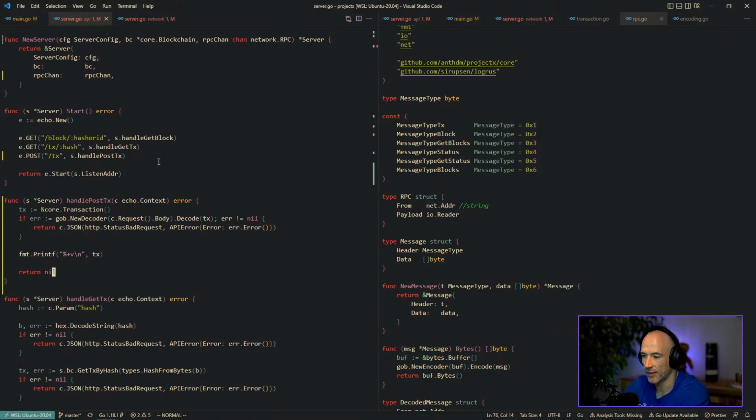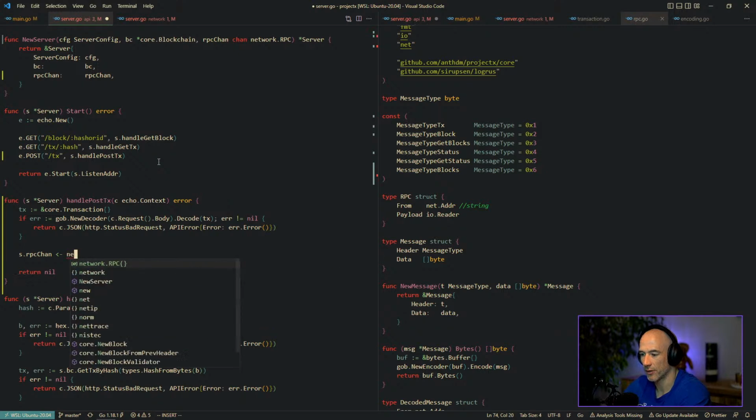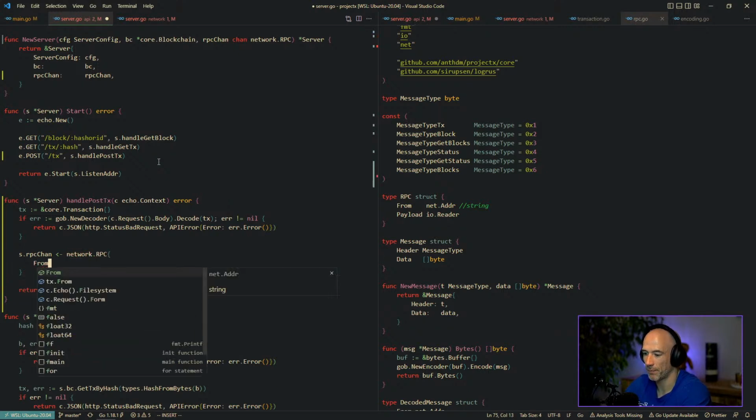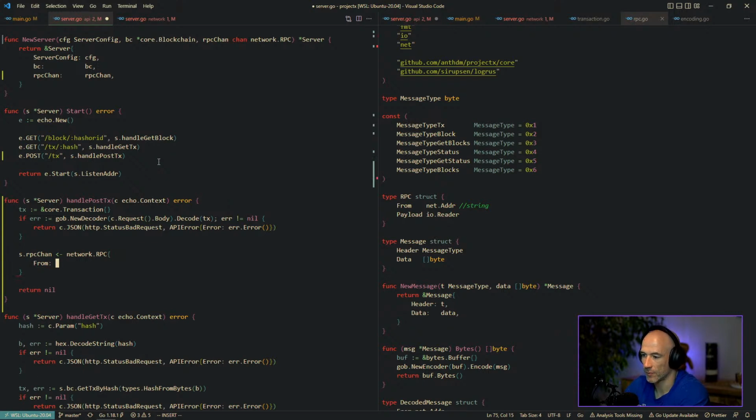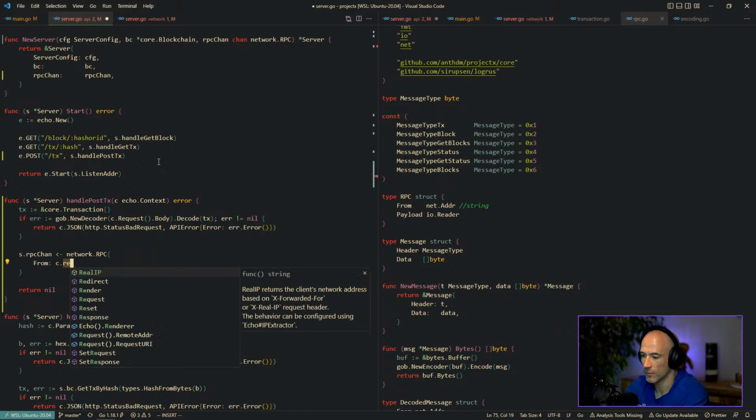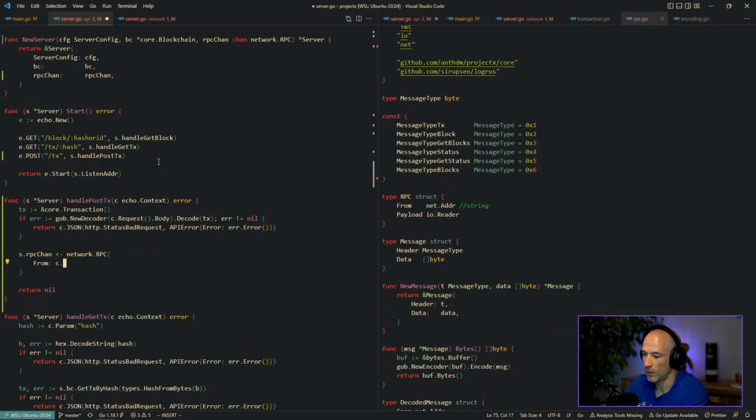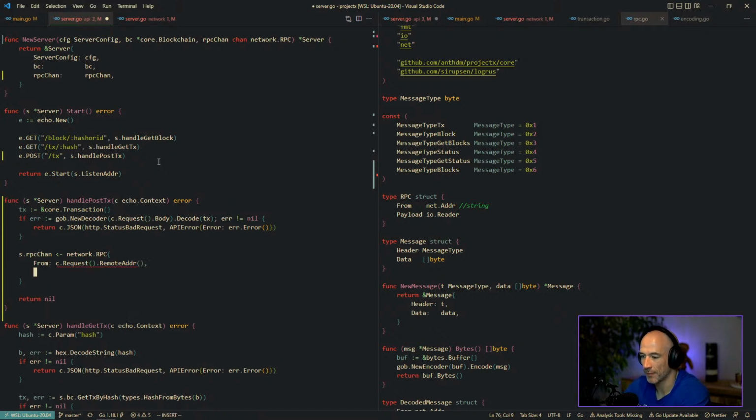Okay, so the main idea is to basically do this, right? Server RPC channel, and we basically pipe this network RPC like this, and then we say from. That's a good question. We could do something like this: C request remote address. Why not? It doesn't actually really matter, but why not provide it? And of course, this is going to be the payload. And with a bit of luck, we can use